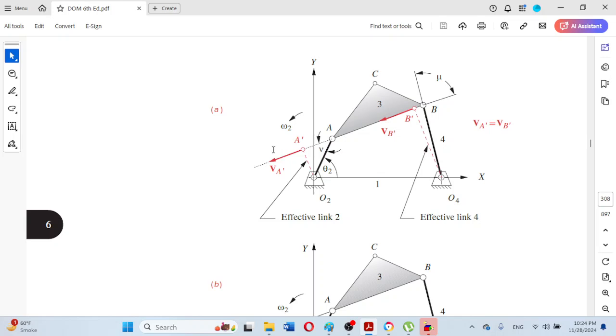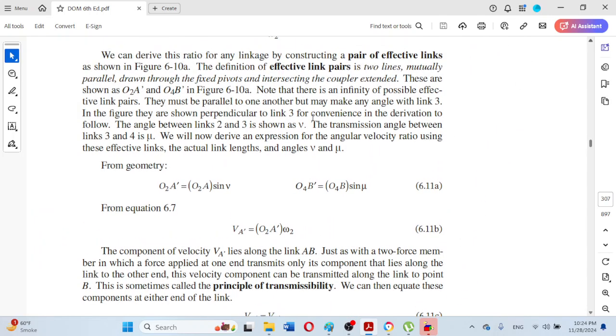So this is the sine side. So O2A dash is actually O2A sine V in this right angle triangle. Here the author has stated that O2A dash is actually O2A sine V, and in a similar manner we